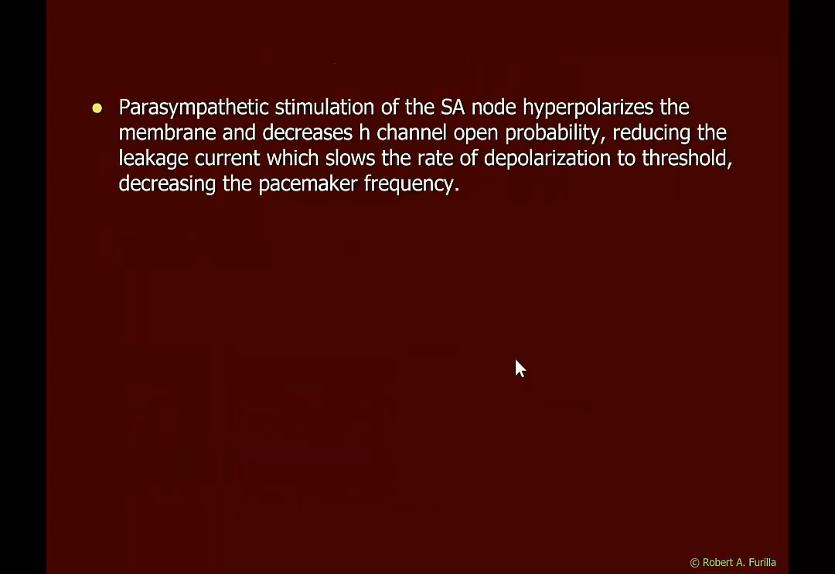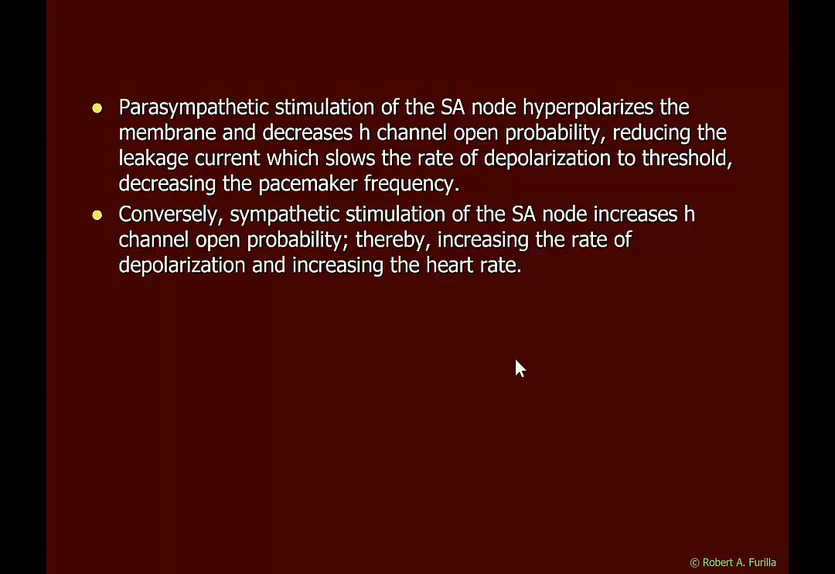Parasympathetic stimulation hyperpolarizes the membrane and decreases H-channel open probability. This reduces the leakage current, slowing the rate of depolarization to threshold, decreasing the pacemaker frequency. Also, hyperpolarization rapidly inhibits the pacemaker. The sympathetic nervous system stimulates the SA node by increasing H-channel open probability, thereby increasing the rate of depolarization and